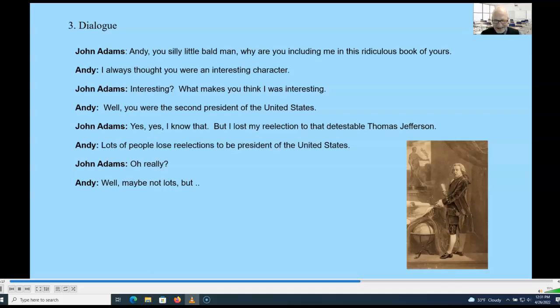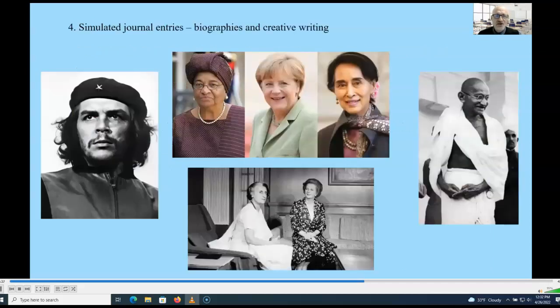You get the idea here. You want to encourage students to have fun with these, even if they get a little bit silly. They're still rooted in historical fact and use the 5-step writing process. This can be a fun and interesting way to learn about history and current events, and at the same time practicing writing skills. And the fourth and last one for biographies is the simulated journal entry. Here again, the writer takes on the role of their biography subject, and they're asked to create journal entries describing events from the point of view of their biography subject.